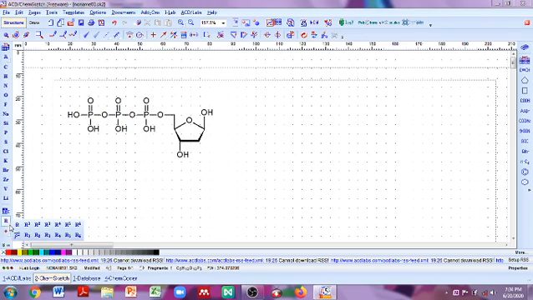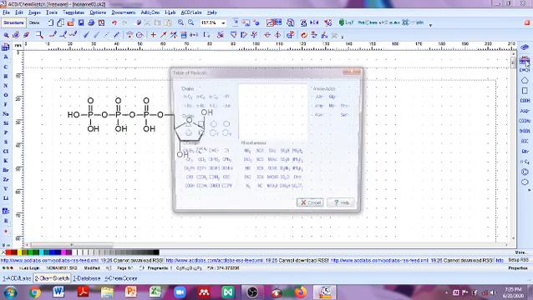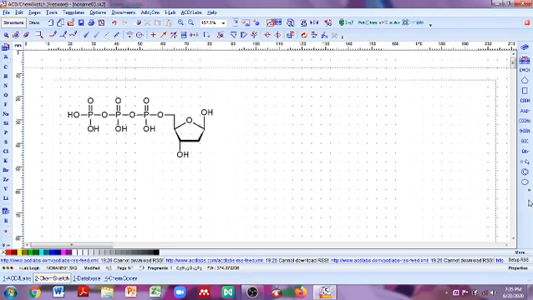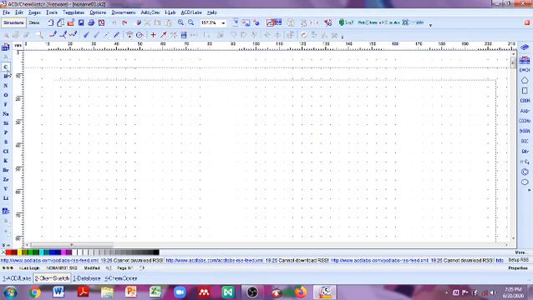R1, R2 is very important in chemistry. If you want some charge, charge is also available here. Commonly used organic compounds are also available here. So let us start from a very simple one. I'm selecting the first one here, which is normal.